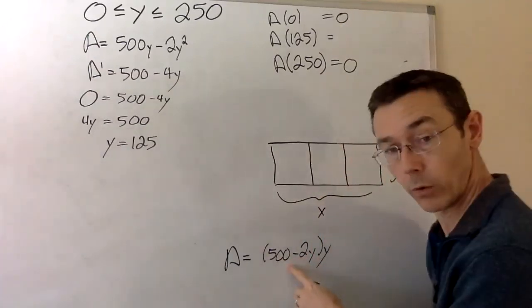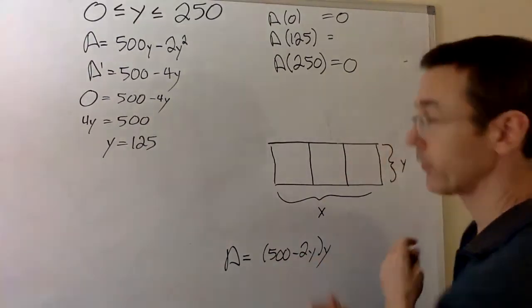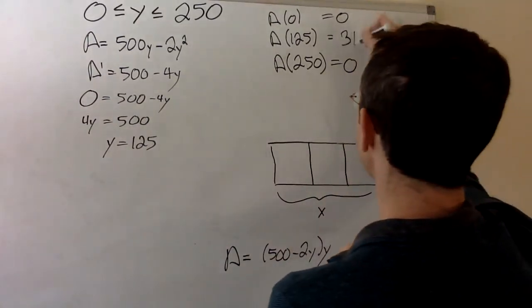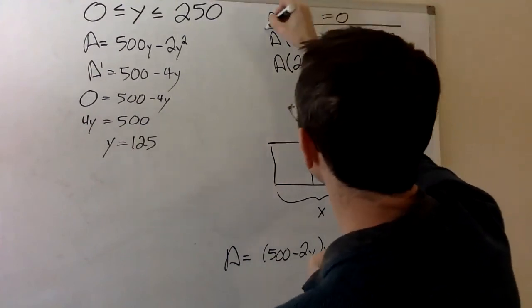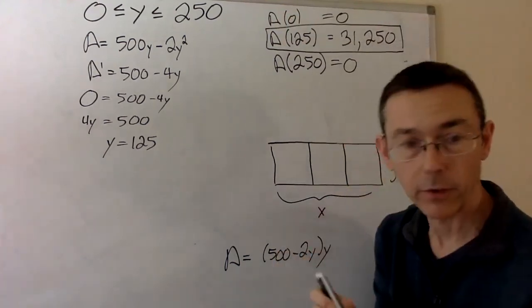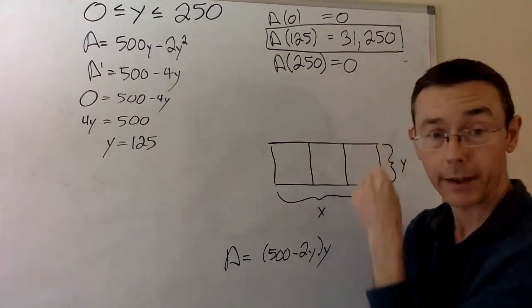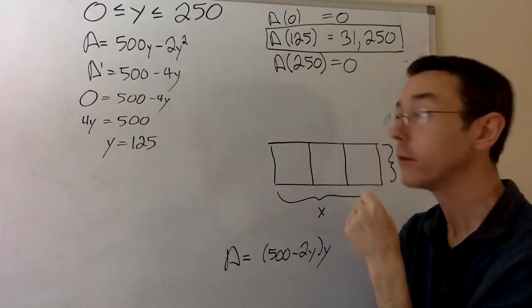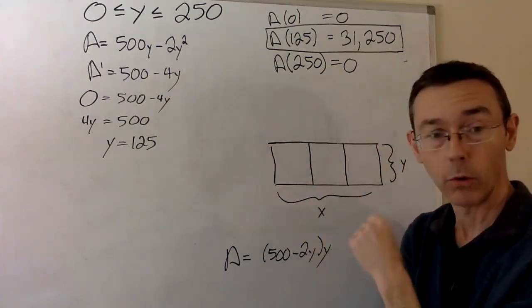Then I have to plug in 125. I get 250 times 125, that's 31,250. Clearly, that's the biggest of the three. That tells us that the maximum possible area that the farmer can enclose is 31,250 square meters, and it's done by making the pen have a width of 125